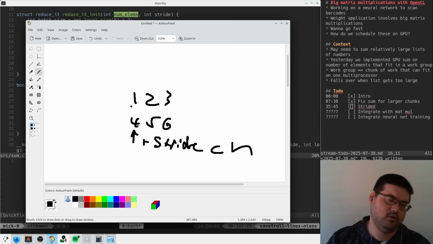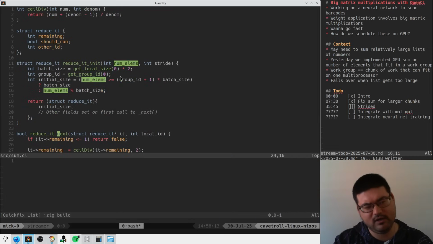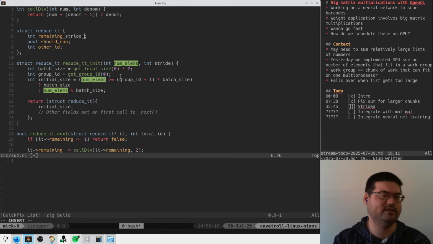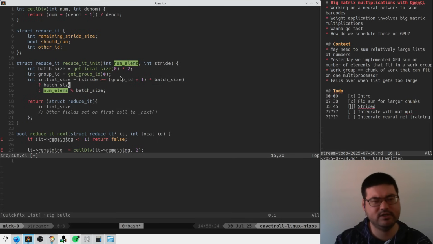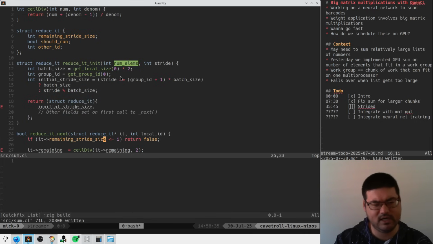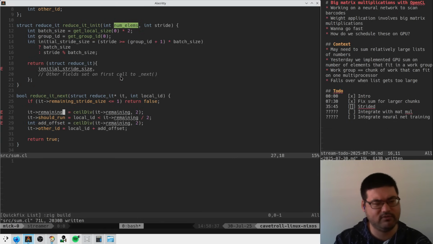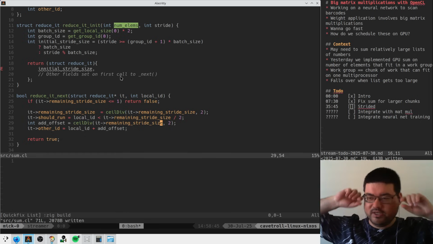Okay. I think we're iterating by stride now. So remaining is like remaining stride size, let's call it. Which means that this comes like this. If stride is greater than batch size, we use stride here. Then this is if remaining stride size is less than or equal to 1, we return false. We have no more work to do. Otherwise, we ceil div the remaining stride size. Everything is in stride space. Now, the only difference is whether or not